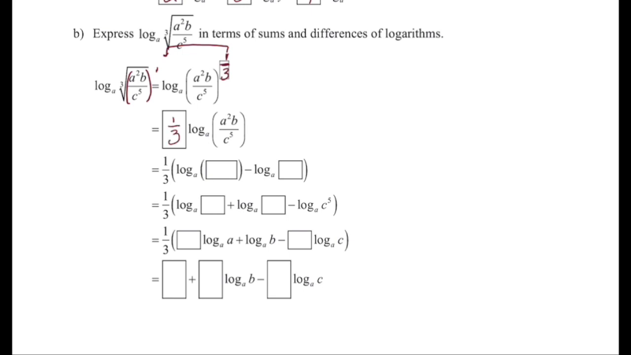So I have 1/3 times all of this stuff here. I then am going to use the quotient rule to break apart that division into subtraction. I'll then have 1/3 times log base a of a squared b minus log base a of c to the fifth. Then I'm going to use the product rule to separate these into addition. Log base a of a squared plus log base a of b minus log base a of c to the fifth. Finally, I'm going to use my power rule